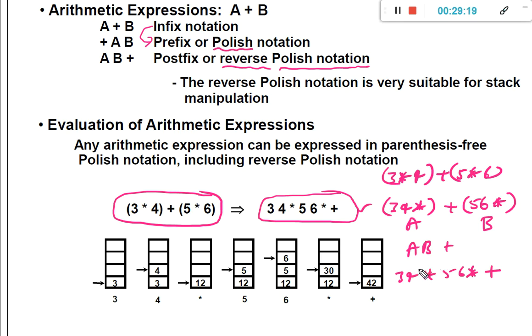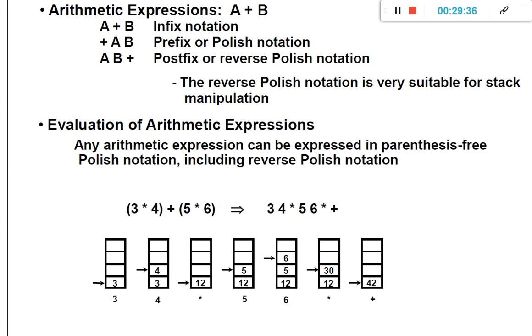That procedure is not in your syllabus; in data structures we come across how to convert infix into postfix using a stack. But here you need to know, once we have converted the infix expression into postfix, how to evaluate the postfix expression using the stack.